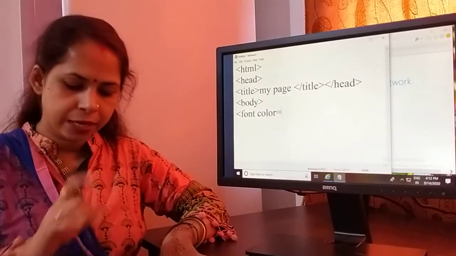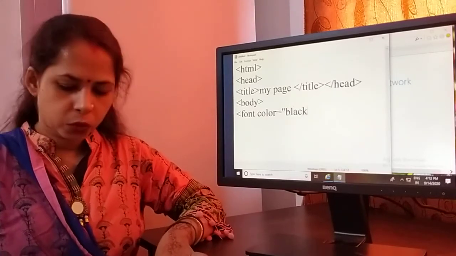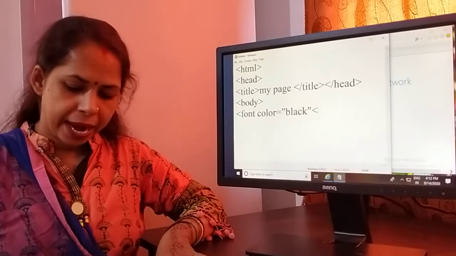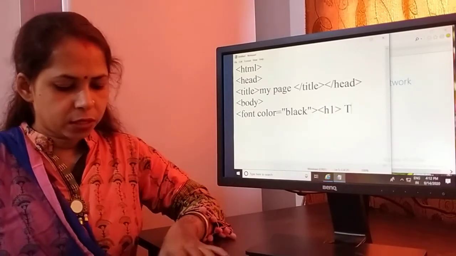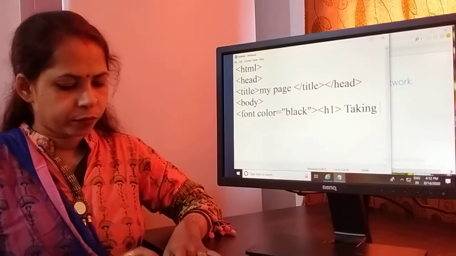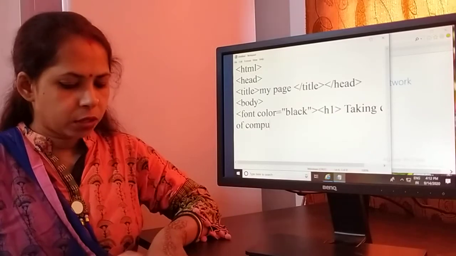In the first line I take black color, and this is my heading, so I am taking the H1 tag. My heading is "Taking care of computer".